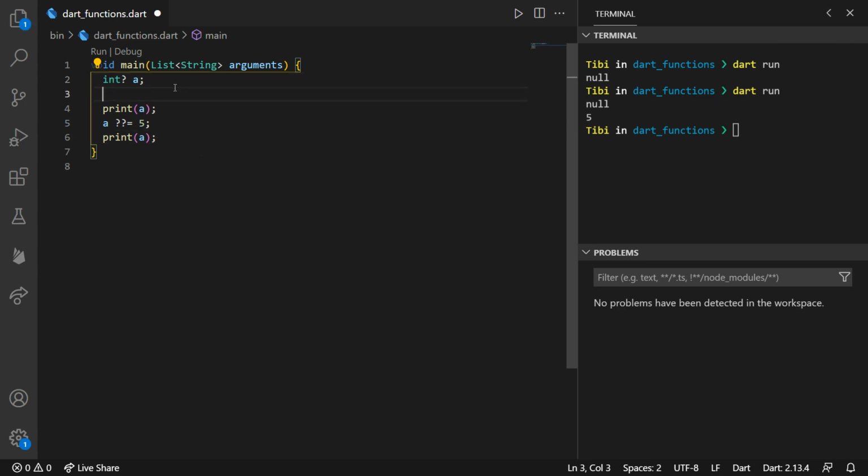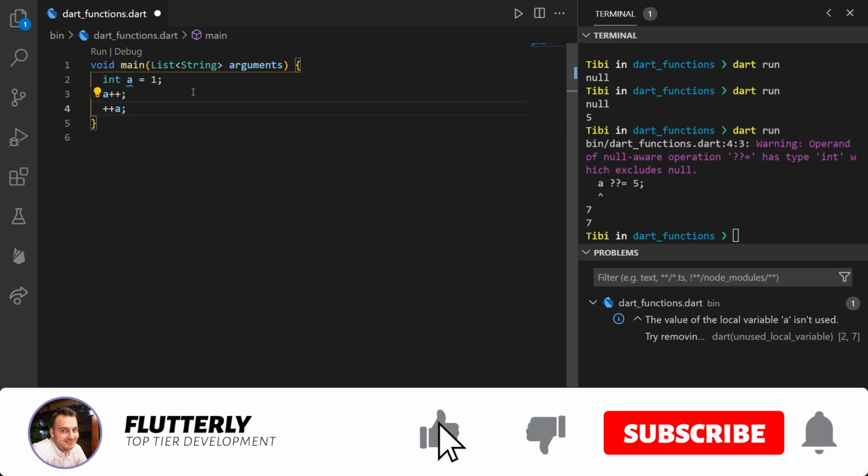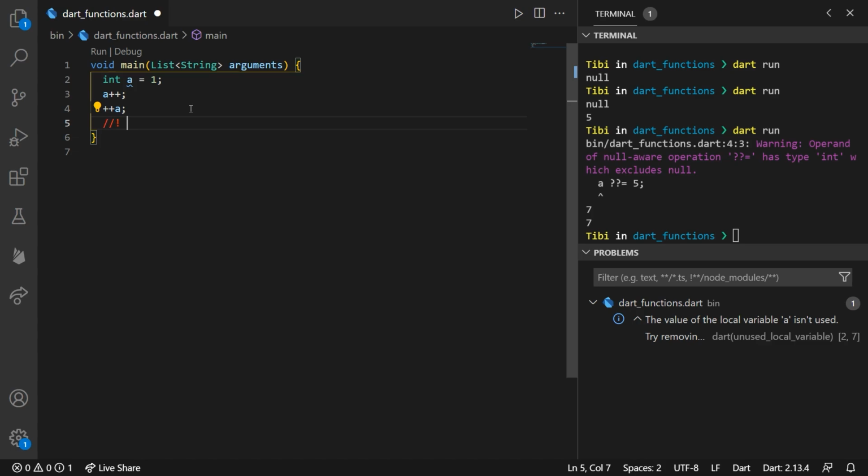This is quite useful when you have an object that you don't want to instantiate multiple times. Now, we have previously seen in the arithmetic operators section that you can increment a value quickly by writing a++ or ++a. Those are great when you want to quickly increment by 1. But what if you want to increment by 3 and you don't want to use the long syntax like a = a + 3? If that's the case, you can use compound assignment operators, one of them being +=,